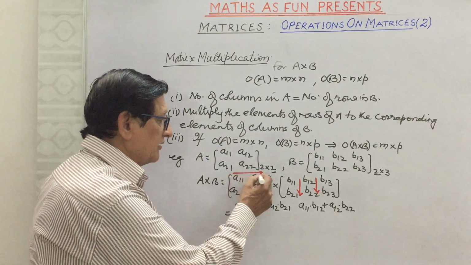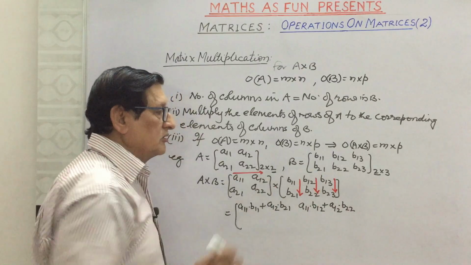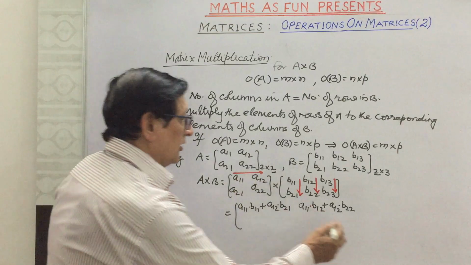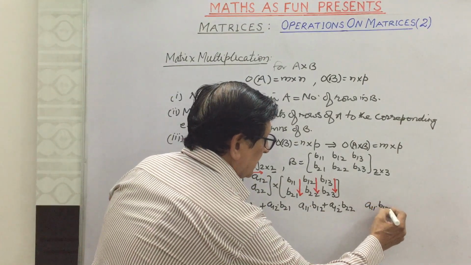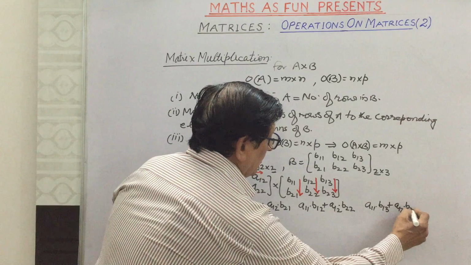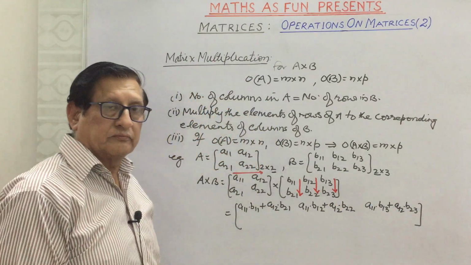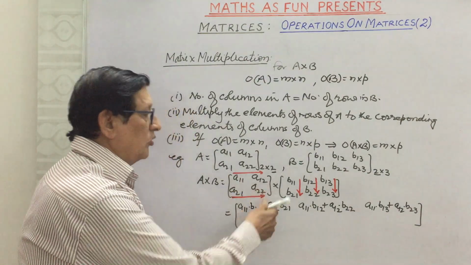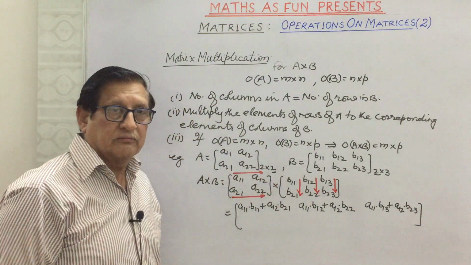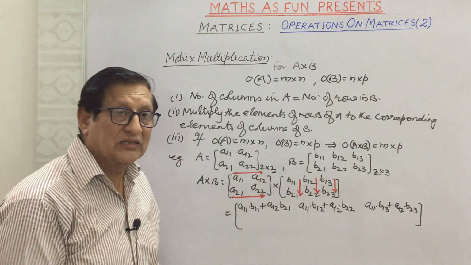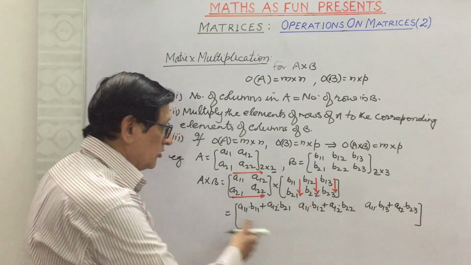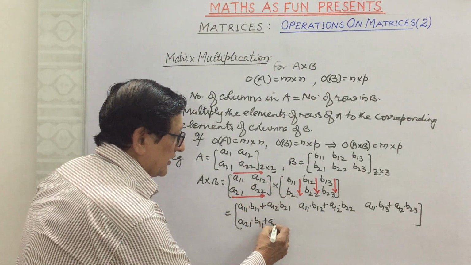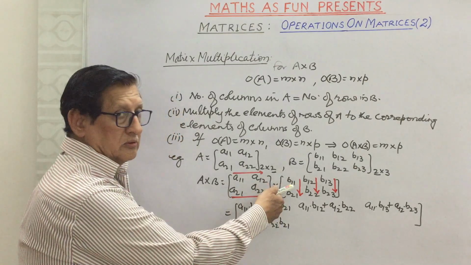Similarly, we multiply the elements of this to the elements of the third column, and then we get the third element of the first row, that is A11 into B13 plus A12 into B23. Then we have to multiply the elements of the second row to the columns accordingly, and we get the elements of the second row, that is here A21 into B11 plus A22 into B21,